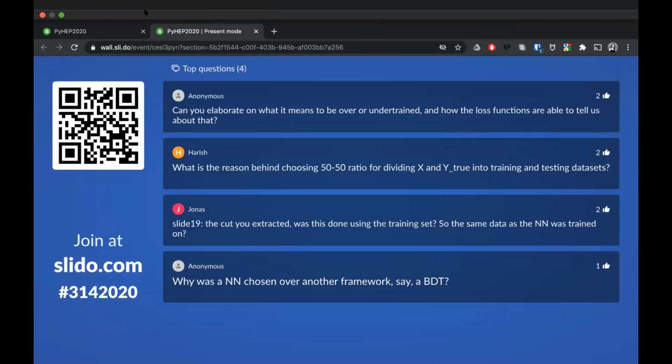So what does it mean when it's overtrained? Overtrained means that your training sample could be maybe very small, or you have too many parameters for your neural network. So the neural network could find features with which it could describe this data really perfectly, but it means nothing. It finds some features which don't really exist just because we don't have enough data.